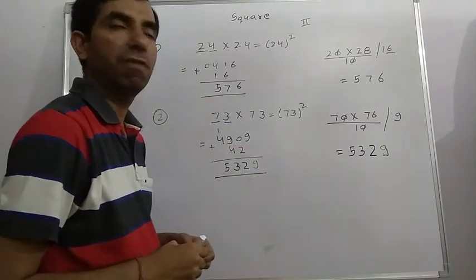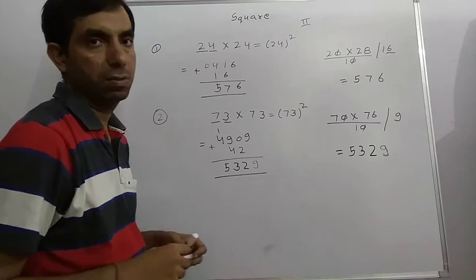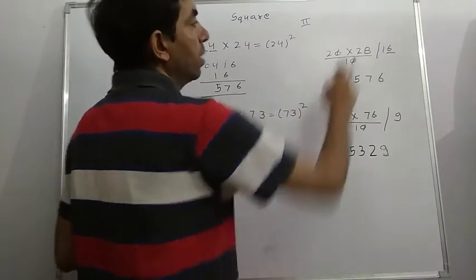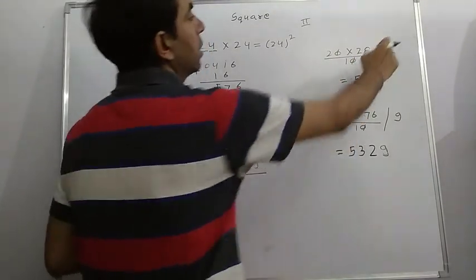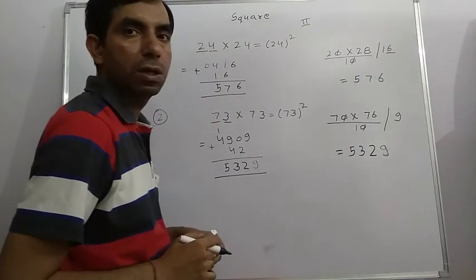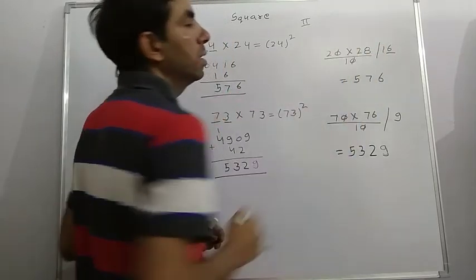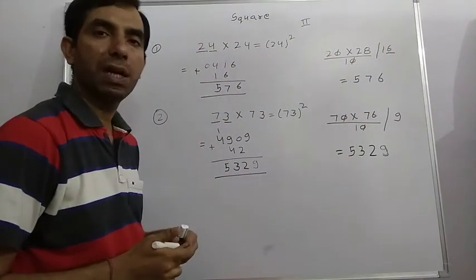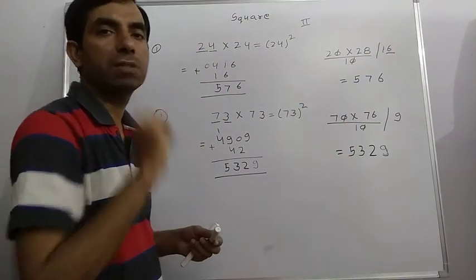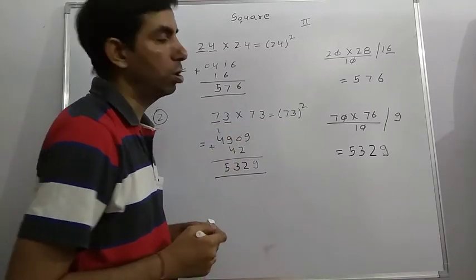Then we write the square of the difference. Square of 4 is 16. 0 is cancelled and 28 times 2 is 56. But here the square is in 2 digits. So 6 is written as it is and 1 is added to the multiplication of 28 times 2, 56, plus 1, 57. It is our solution.